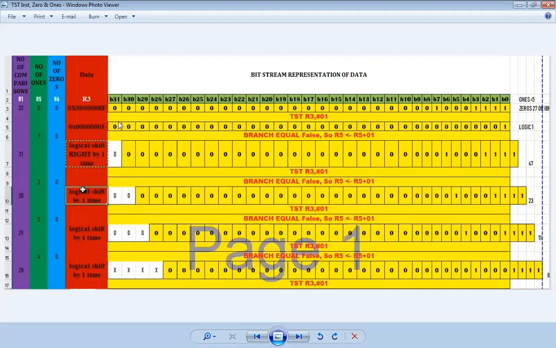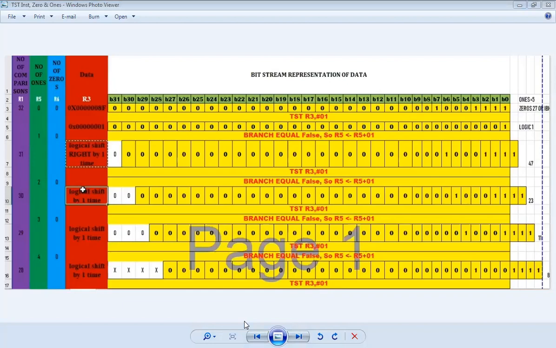If in case it was 0 and 1 here, what is going to happen? It will give me a 0. So the zero flag will be set. So if it's a positive number, all these values will be 0. If it's a negative number, then all these values will go high. Understood, students? You're able to follow, right, what I'm trying to say? Yes, any doubts, please feel free to ask.